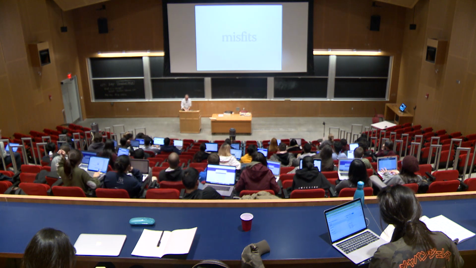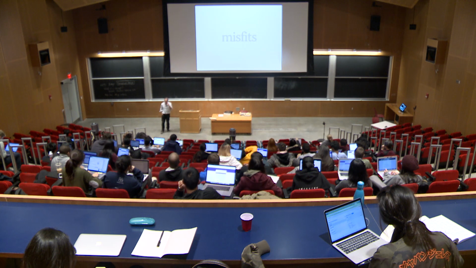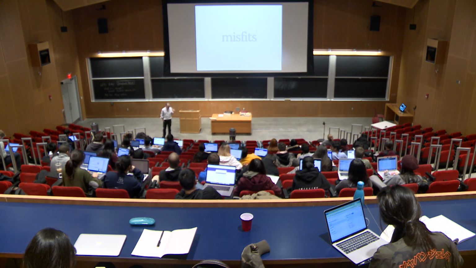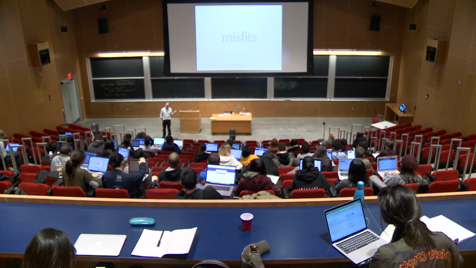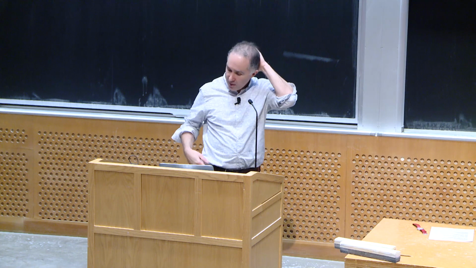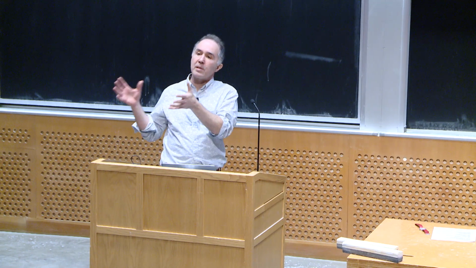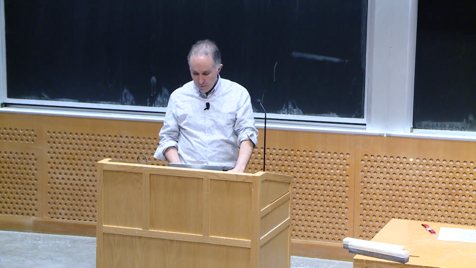OK. I'd like to now talk about what goes wrong. So you're designing a concept, and it just doesn't work quite right. I'd like to give you an example of something that can go wrong in a very good concept. We're going to go back to our friend, the Macintosh trash. It has some pretty interesting misfits, and I want to show you one of them. A misfit is a case in which the concept doesn't fit the purpose.